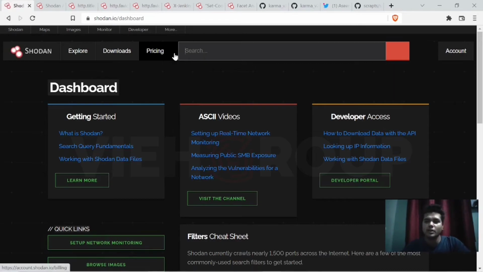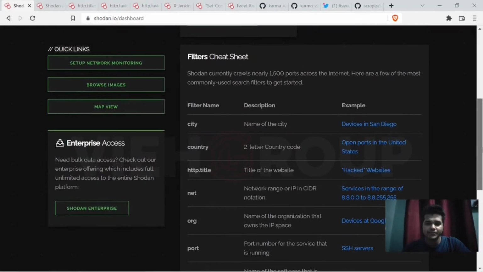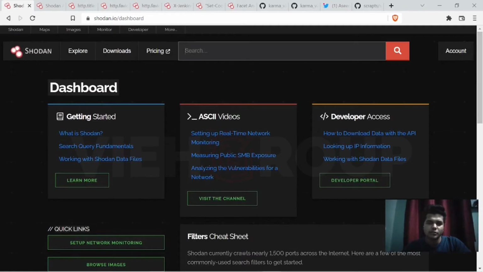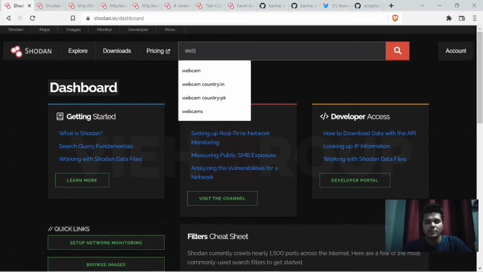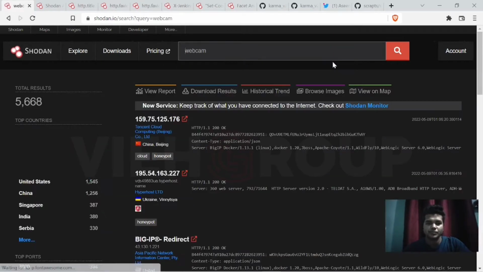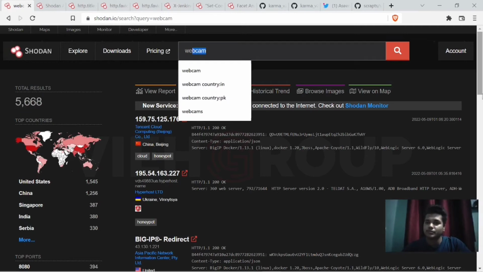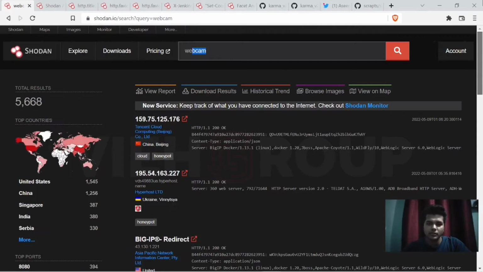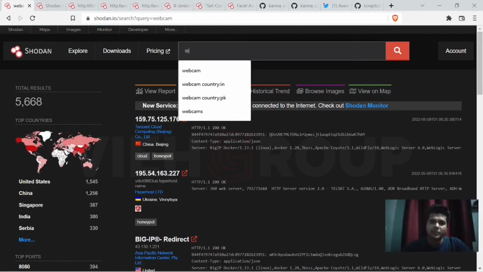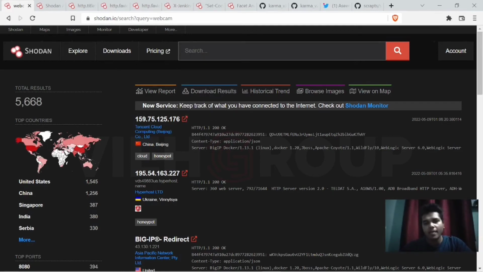So once you log in with your SHODAN account, this is how the interface is going to look. You can search for webcam, and it will list the webcams that it can identify. I got a result of about 5668 webcams identified by SHODAN. And let's say I'm not interested in webcams, I might be interested in routers,